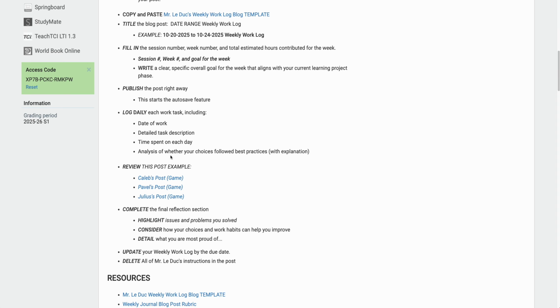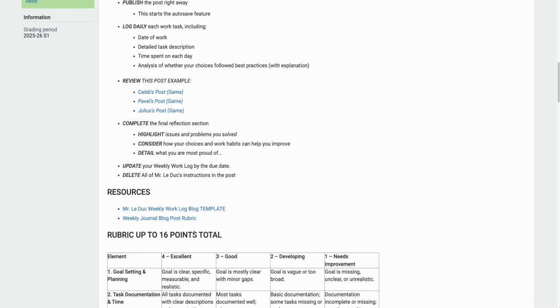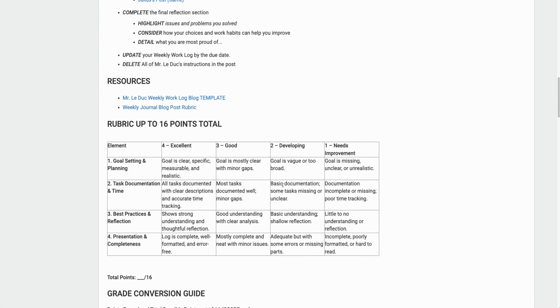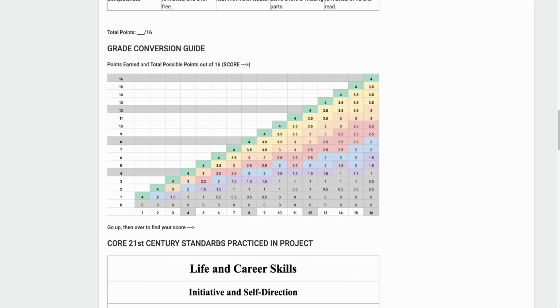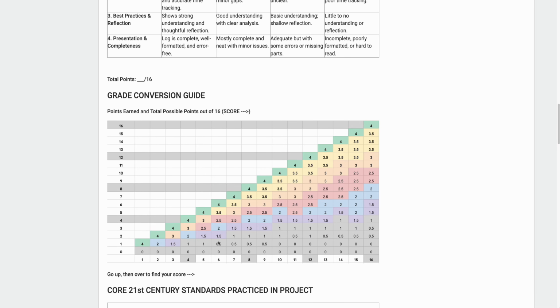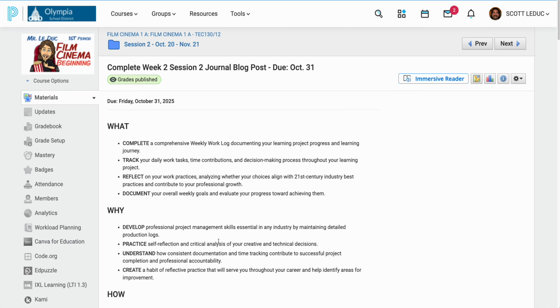And let's jump back in here. Publishing, you're doing the daily stuff. And these are examples you could look at. And you want to make sure that you do these things. So I know you can read the words. So you've seen this project before. You will self-assess at the end of the week. How well did you do? Our 4-point conversion thing is here. And our standards that we're addressing with this whole big, wonderful project are at the bottom of the document.